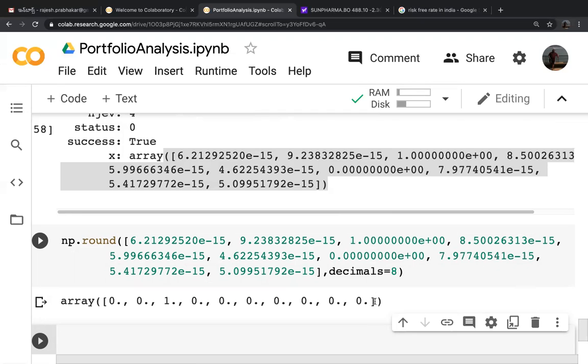So we are giving distance, but it's giving us 0 point something. So what we got is